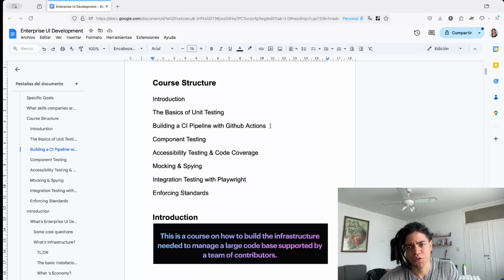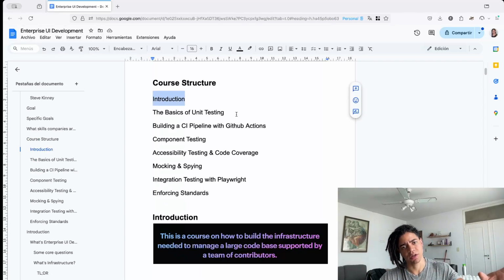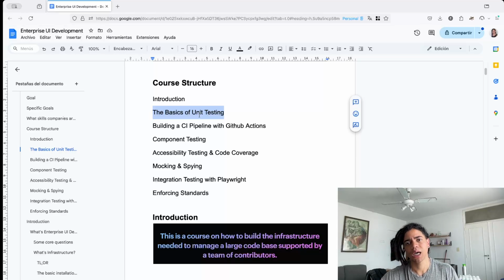The point of this is to briefly describe this introduction, which is something that I already did: the basics of unit testing, which is understanding the spectrum of testing. You have unit, components, integration, and end to end. The closer to end to end,